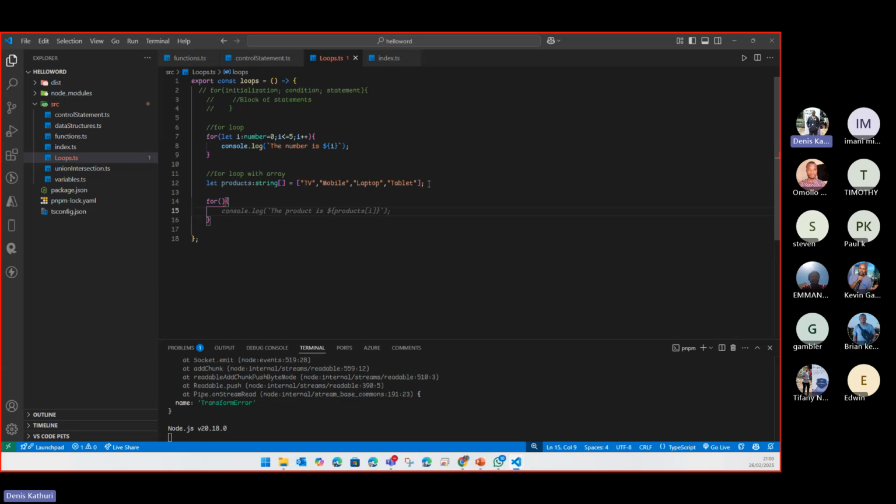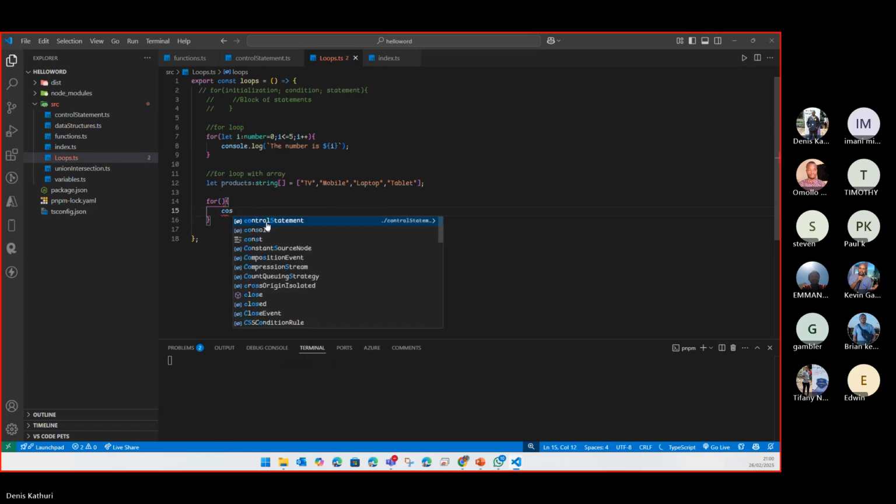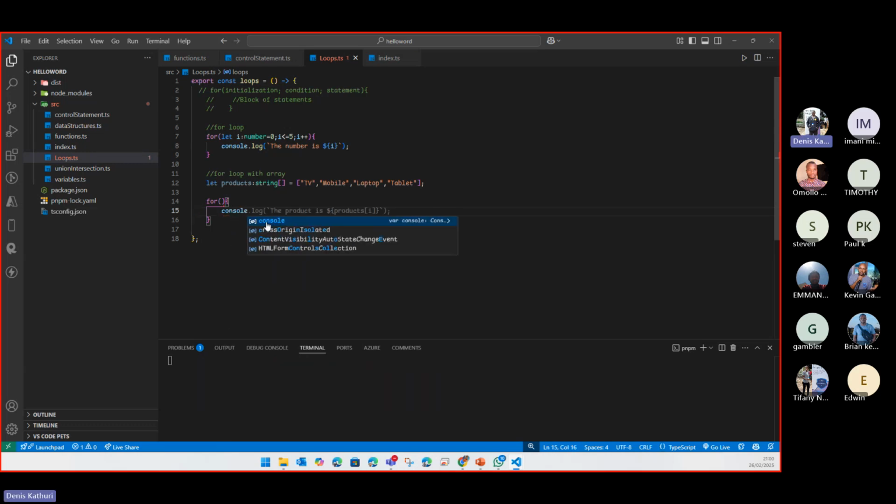And what I want to display is just the values of this array. So I just need a console.log there, then parentheses, backtick, then maybe product,